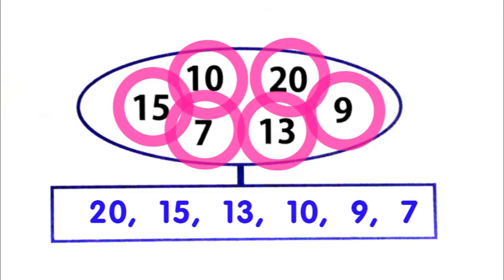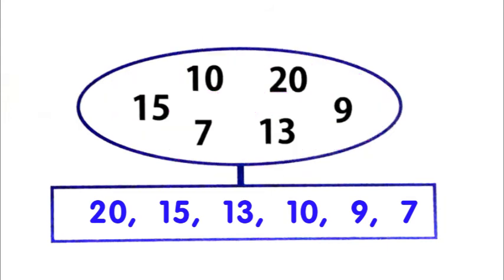So you can see how we wrote this, no? We started with the biggest, 20. So you see we are going backwards, no? It's like we are counting backwards. Like on a staircase, we are climbing from the top to the bottom, no? So we are coming down, from the biggest number to the smallest number. So we started with 20, then 15, 13, 10, 9 and 7.